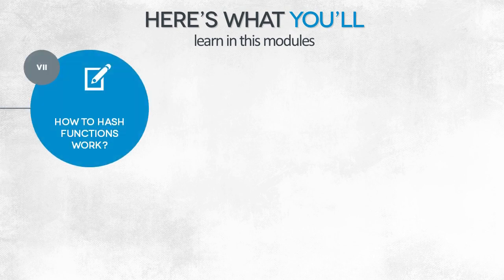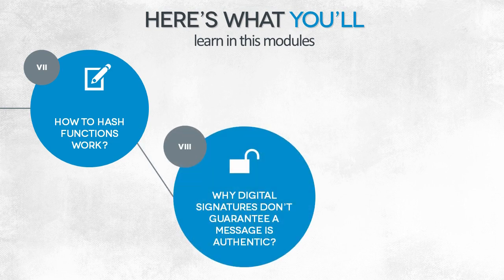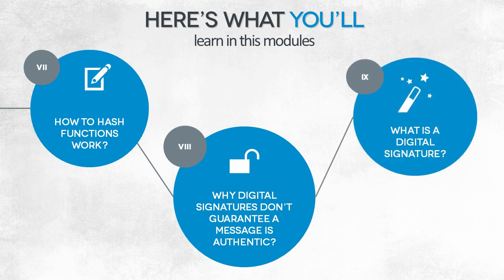Another topic will include hashing functions and their mode of operation, and we'll tell you why calculating a hash function doesn't ensure a vital data aspect known as non-repudiation. Non-repudiation was mentioned earlier in the modules. We'll tell you what other methods can be employed to guarantee message non-repudiation and how this is achieved. Or in other words, how does a digital signature work?